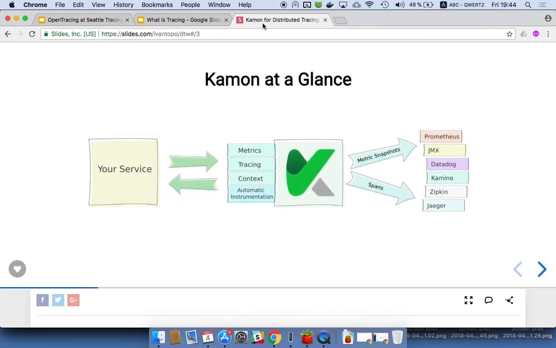Now, what Kamon looks like. Kamon is a library that has metrics, context, and tracing, okay? But additionally, it has automatic instrumentation. That is the part where it differs from many other open source tools. Many other tools are just the library, so you can manually record things if you want. But in the particular case of the Scala ecosystem, that is not enough. You will need to do many more modifications to your code to actually get context propagation and get value out of